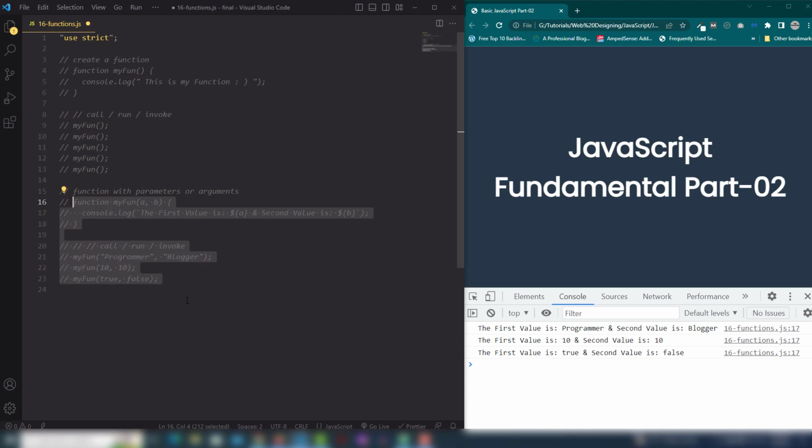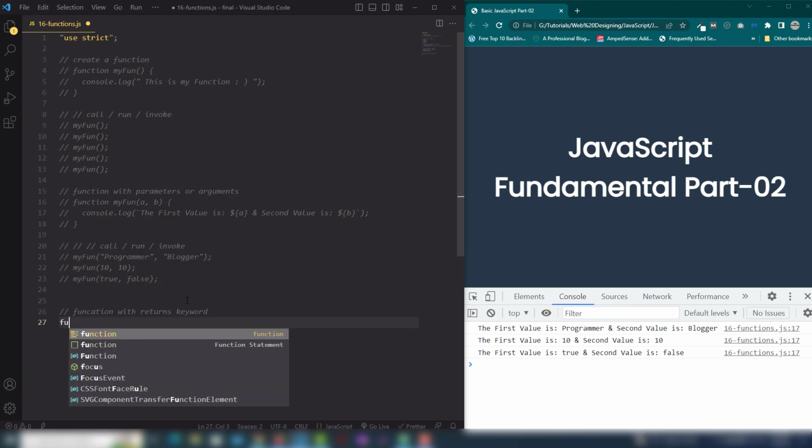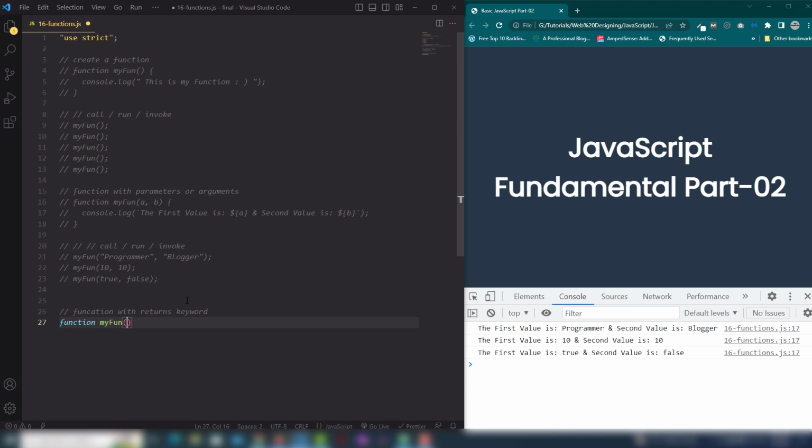Let's talk about the function with return keyword. So I'm going to create a function myFun, and inside there I'm going to pass the parameters para, para2, right? So those are parameters. You can say that the values, right? You can assign any name as you want. So inside the function body I'm going to create a variable const result, assign the value